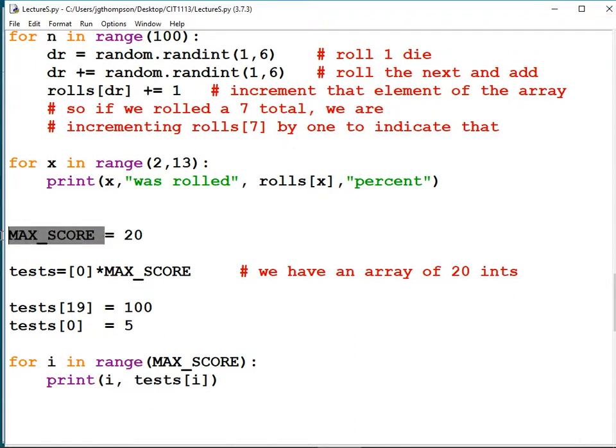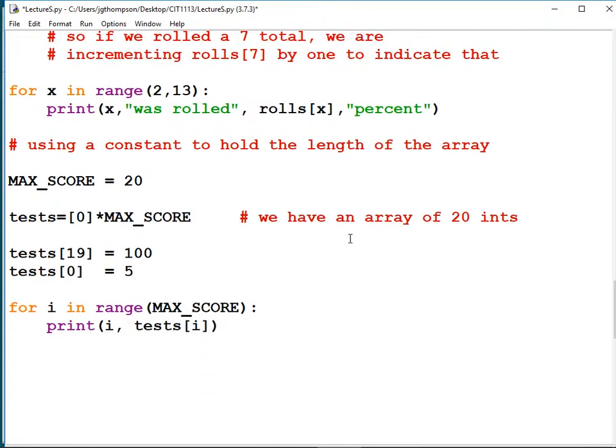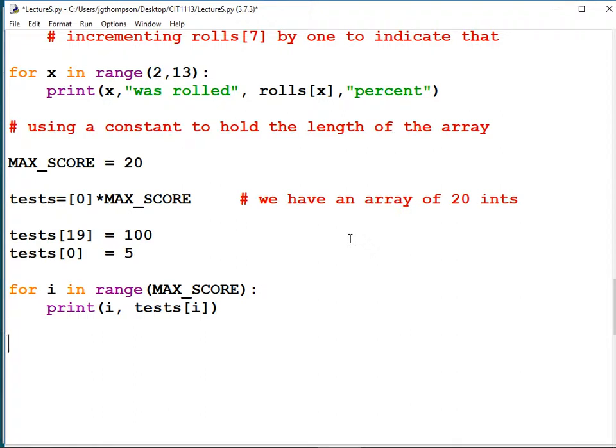So here's an example of using a constant to hold the length of the array. Now in this language, you can get the length of the array just with the len command, which is what I should have done here rather than hard code 13. What if we changed it to allow 3 dice? Well, 3 dice add up to 18, so we'd have to change that value there. But anyways,